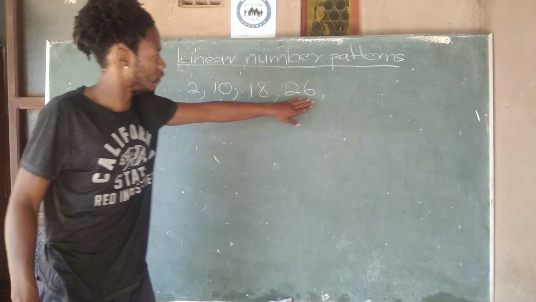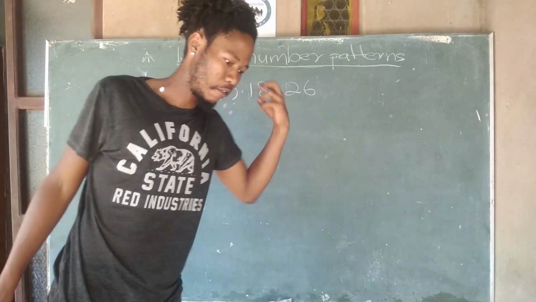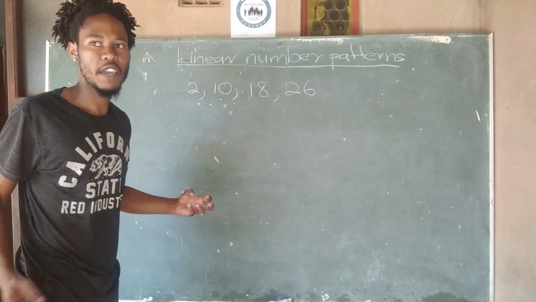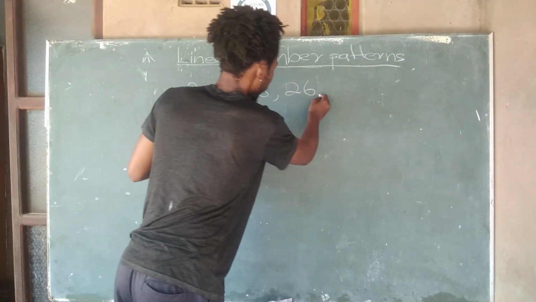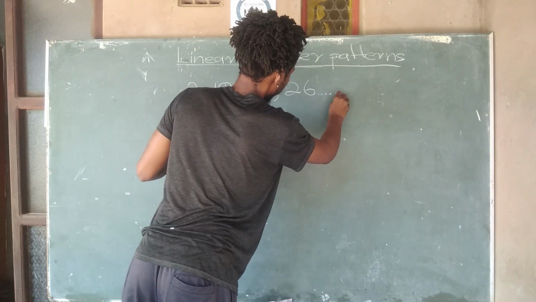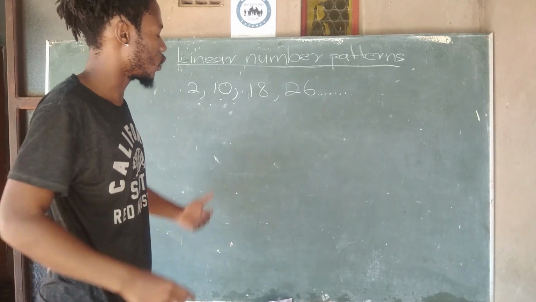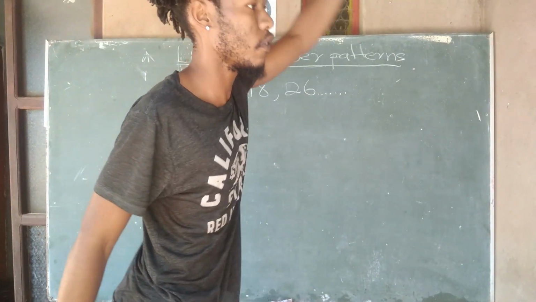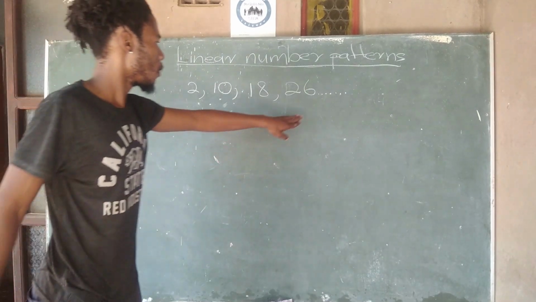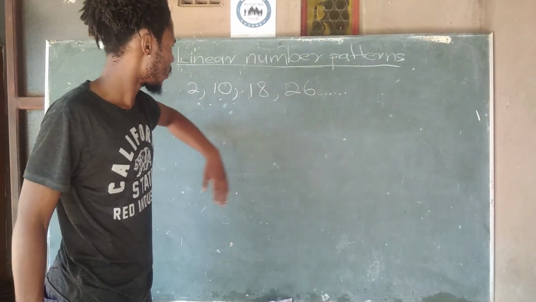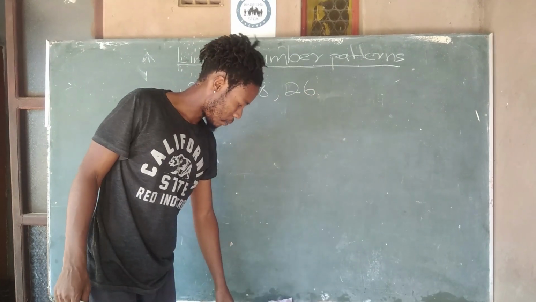This pattern, is it infinite or finite? Is it an infinite sequence or a finite sequence? It's an infinite sequence because it goes to infinity. It continues to infinity. It doesn't end here. So this is an infinite sequence. So to find the next 3 terms of the sequence,